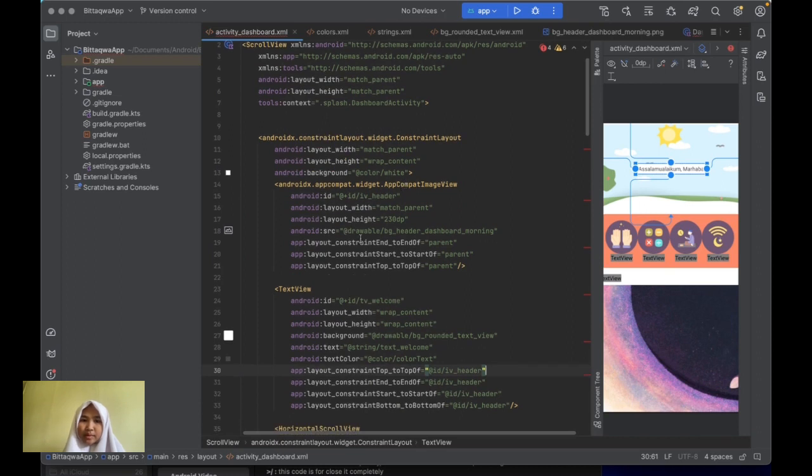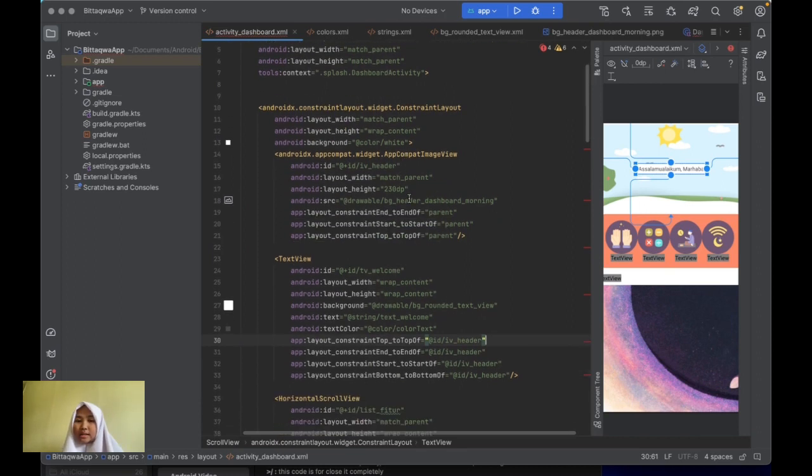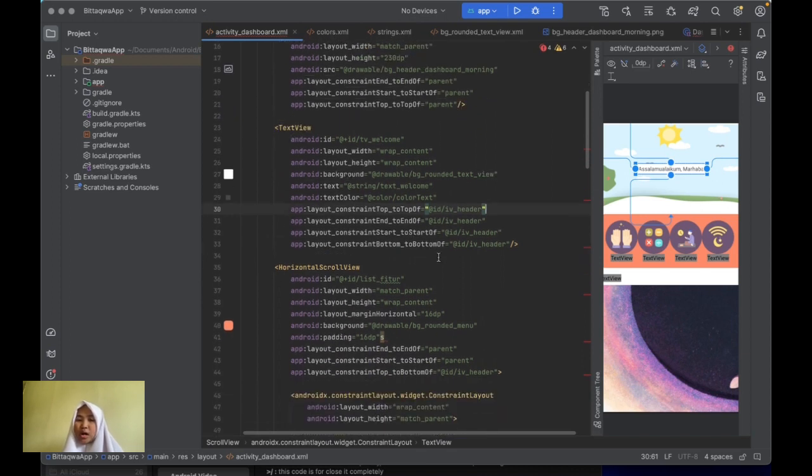Wait, where is it? In the image view there is an ID, right? And the ID is for if we want to associate another object to the ID, we can do it like this, top to top. The top text view associates to